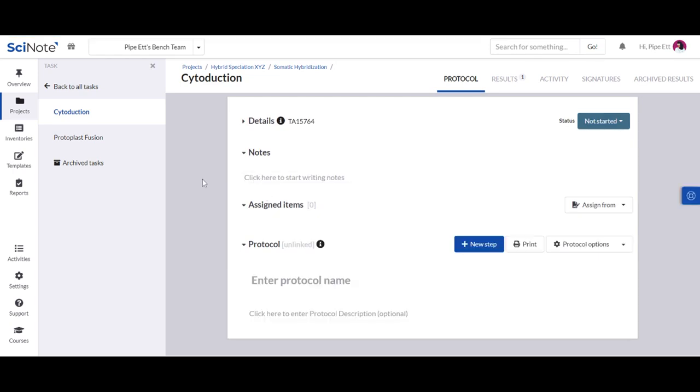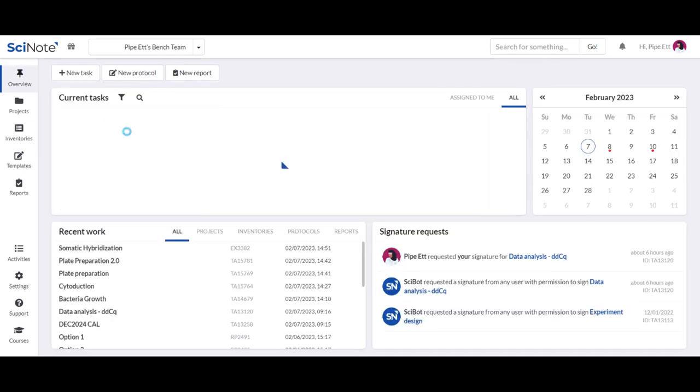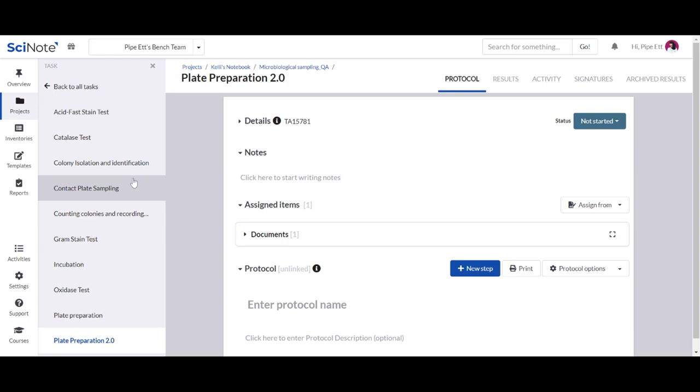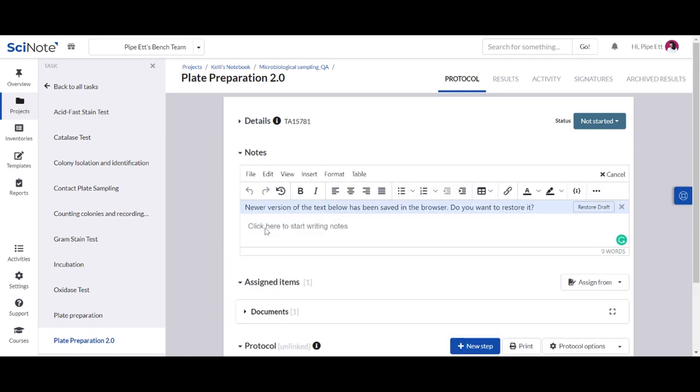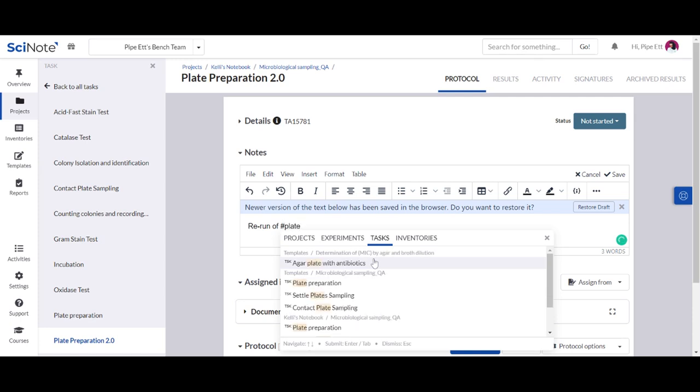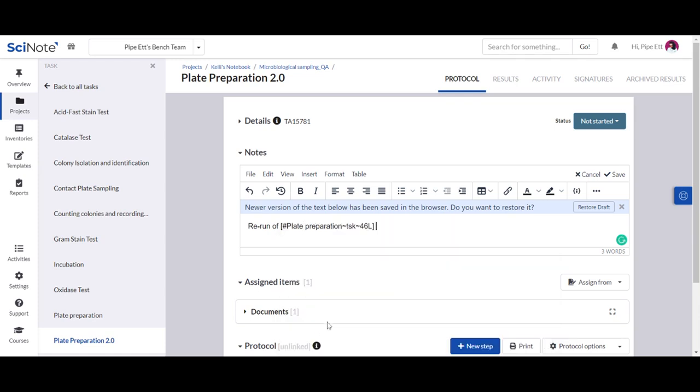Another way users like to use the hashtagging feature is when they are referencing a previously completed task. Say, for instance, I have to rerun the plate preparation because in the first one, I've made a mistake. I could have here in my notes, rerun of, and then I'm going to hashtag, find that task, type in plate preparation. I can see that it's in my notebook and that's the project I'm working with. And then I'll say, due to specific issue